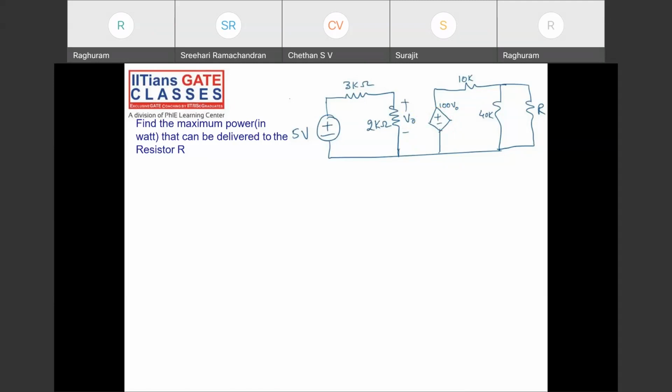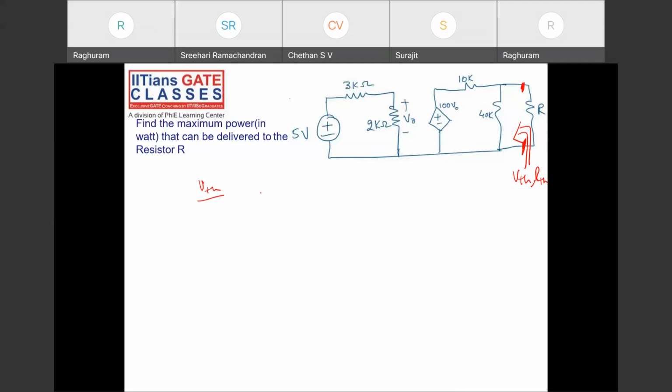So for that, what you have to do is find the Thevenin's equivalent across this resistor R. Find the Thevenin's equivalent, V Thevenin and R Thevenin, across this resistor R. So first thing, what is V Thevenin? To find V Thevenin,